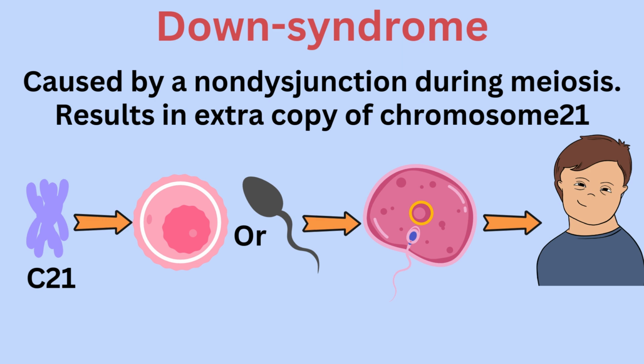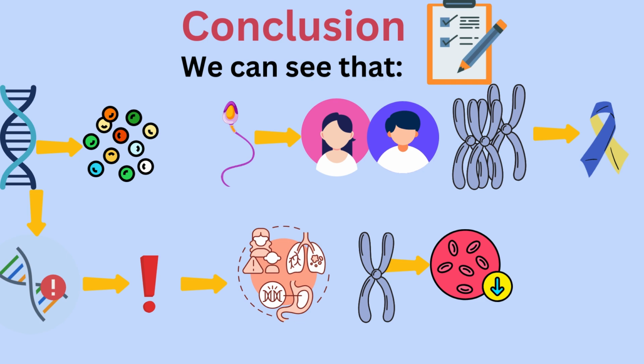And during fertilization, when the sperm meets the egg that has two copies of chromosome 21, that baby ends up having three copies of chromosome 21, leading to Down syndrome, which is also known as trisomy. So we can now see that our chromosomes, our sex chromosomes, and our DNA play a very big role in our life. In conclusion, we can see that our DNA is used to produce our proteins,